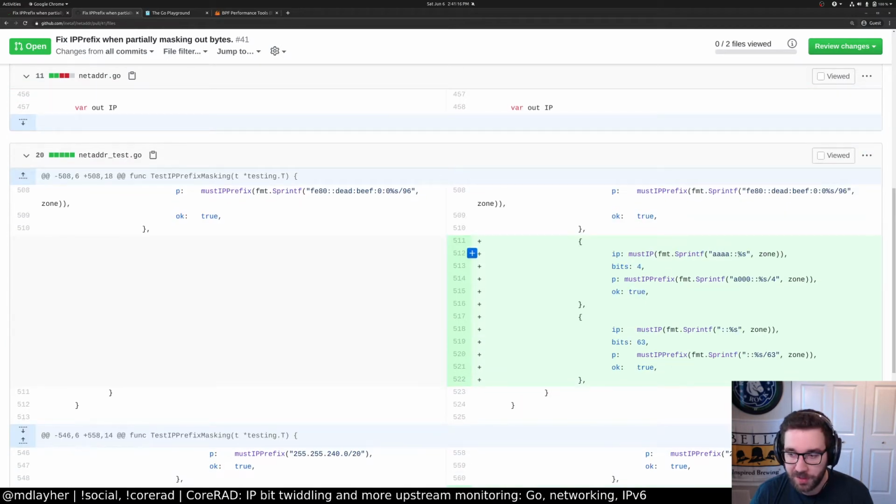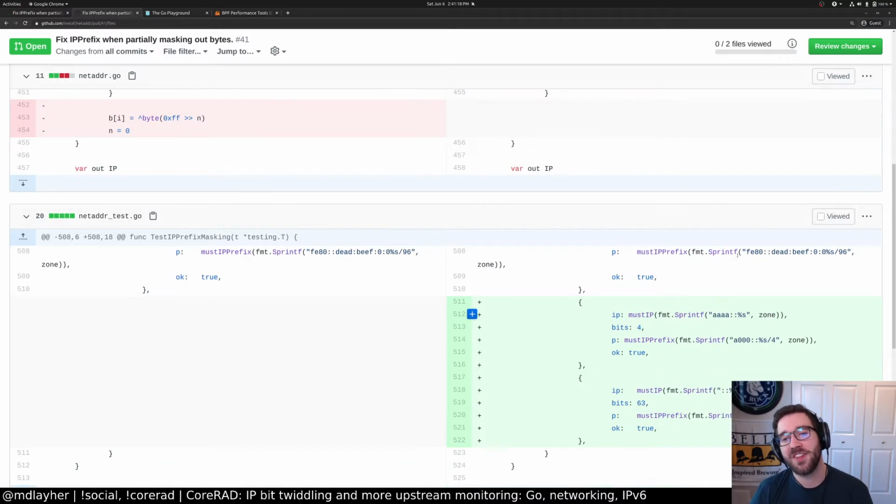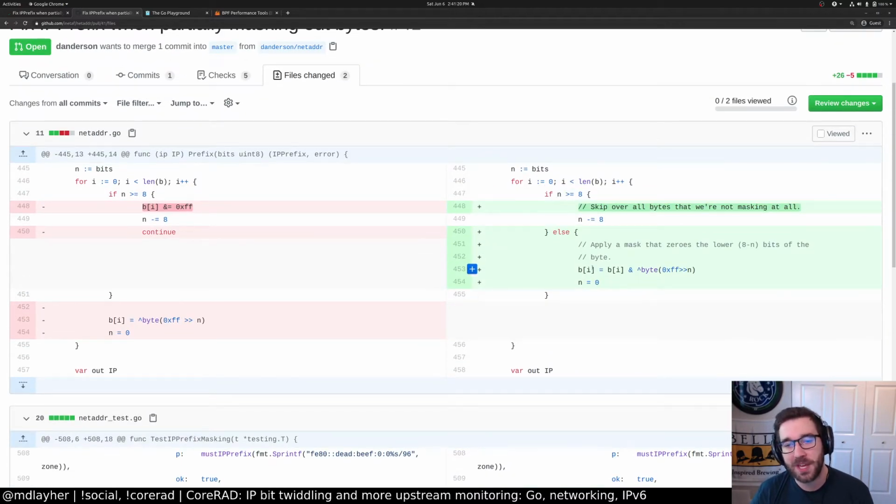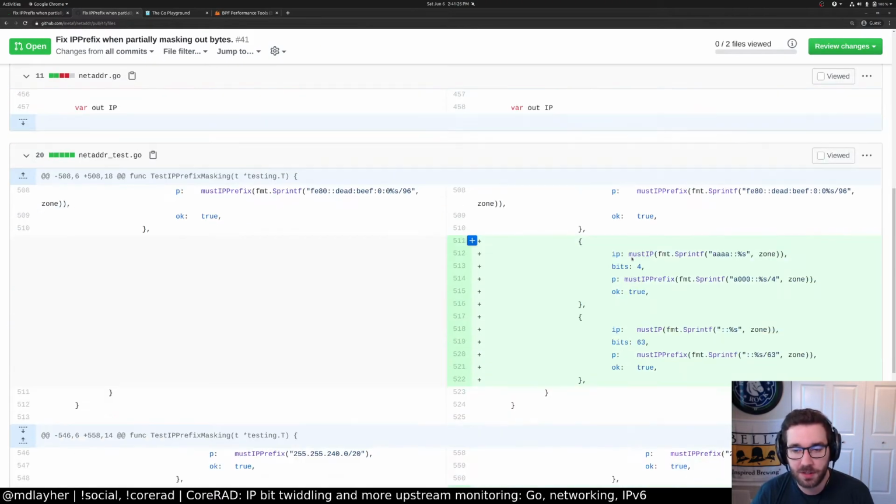So this is the v6. No, static check does not complain about the else. Static check would complain if there were a return case in both of these, in which case I would agree with static check. But I think here this is actually fine. My grievance with else is more so when you have a really long block with an else at the bottom. Actually, there's one place in my code where I know I'm doing this badly. We should fix that. Maybe we will.